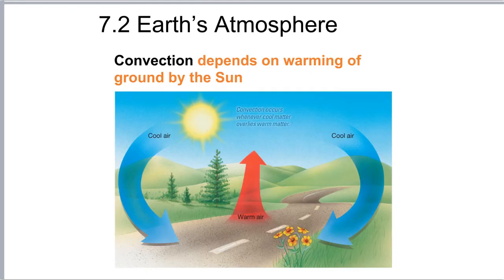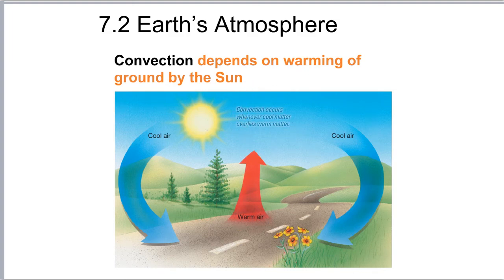Okay, in this slide, we're looking at the process of convection. Now, convection occurs when the sunlight comes down and it warms up the ground, and that warms up the air close to the ground. As the air gets warm, it expands and it becomes less dense and it rises. The cooler air up above is heavier, it's more dense, and so as the warm air expands, the denser, cooler air